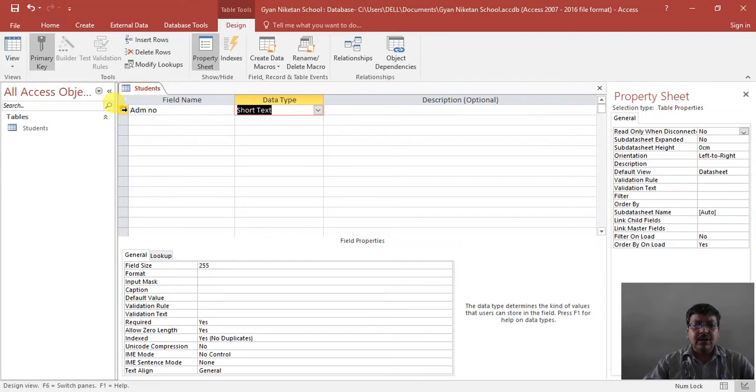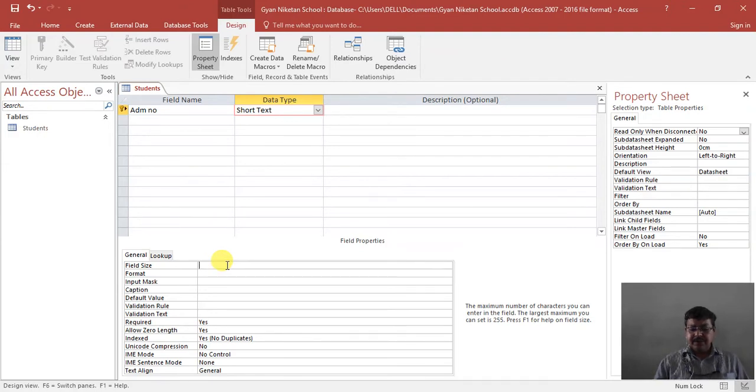By default the first column is set as a primary key, and when it is a primary key, then you must enter the admission number, and the admission number must be unique. The maximum size of a field in short text is 255, but in admission number we require 2 to 6 digits. So I am going to set 6 digits only.